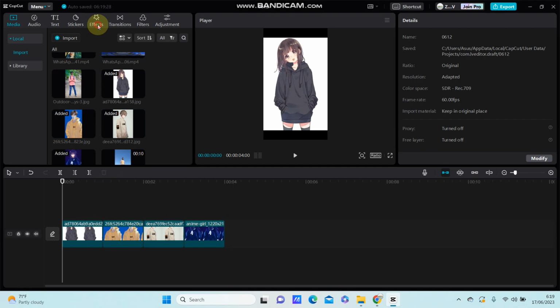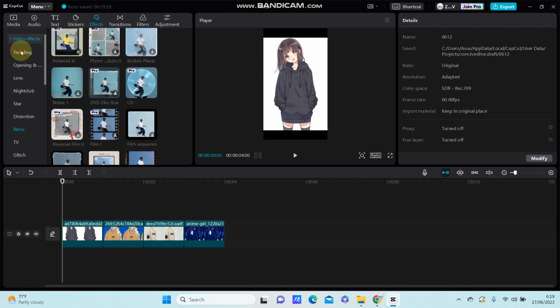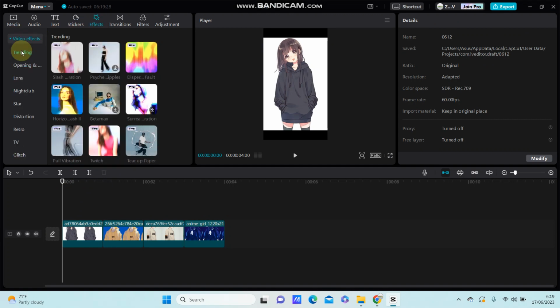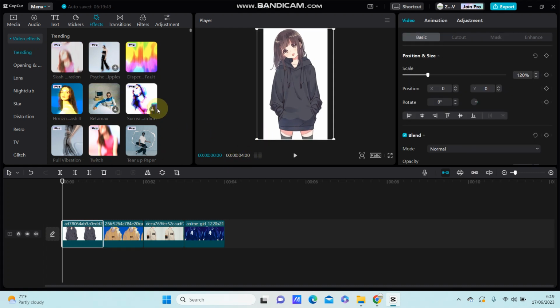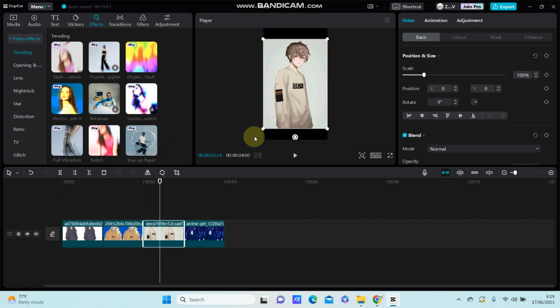And you're just going to go to Effects. In Trending video effects you can find slice vibration, but this is a Pro effect. You have to join Pro first to be able to use this effect. Alright, I'm just going to merge it